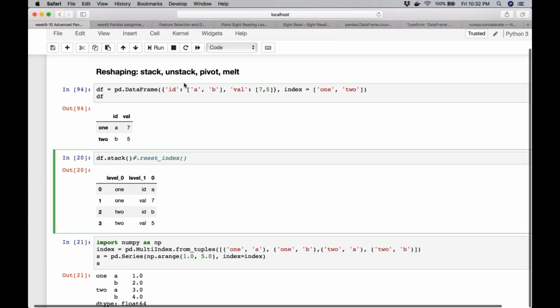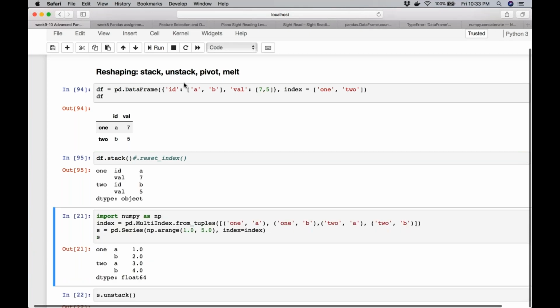So what do you expect by stack when I call stack on something? By stack, I mean I want to stack the values, right? You all know the meaning of stack, right? We are just putting the values on top of each other rather than it being in the tabular structure.